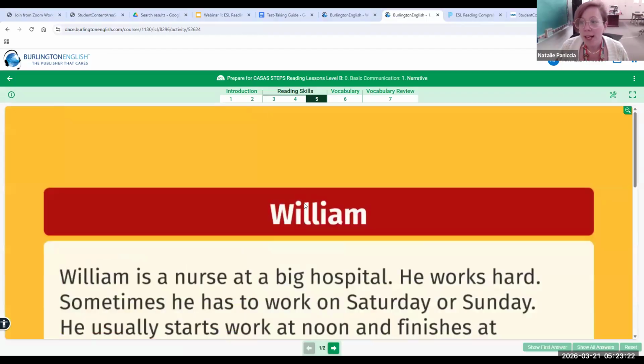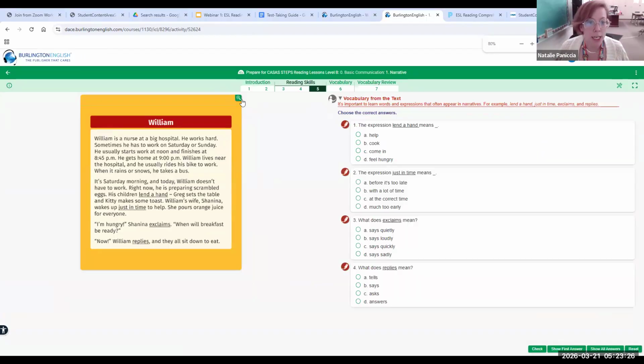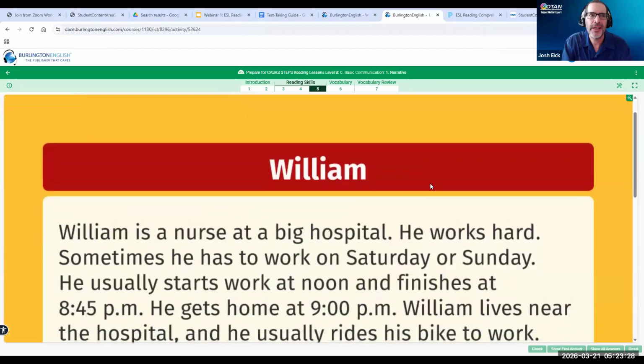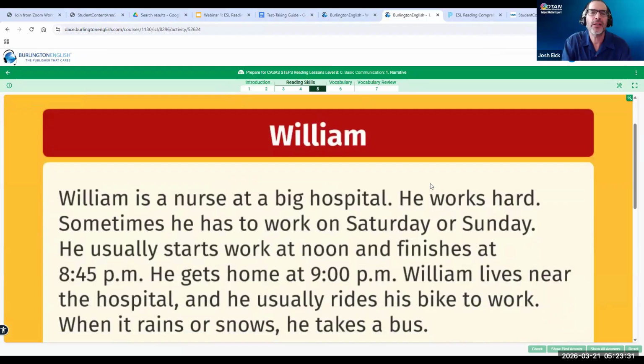What is step 1 for our guide? What is step 1? Oh, sorry to interrupt, Natalie. Natalie, you're modeling. You're taking the test yourself, and you're thinking out loud how you're going through the steps as you answer the question. Sorry about that. Good clarification. So I'm taking a test.